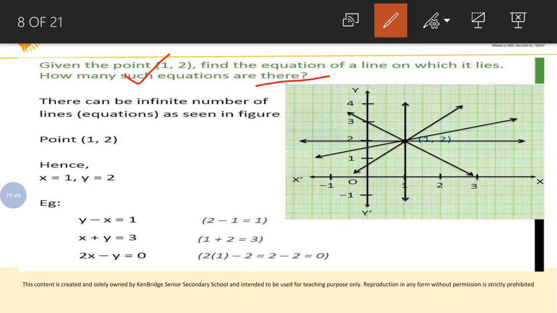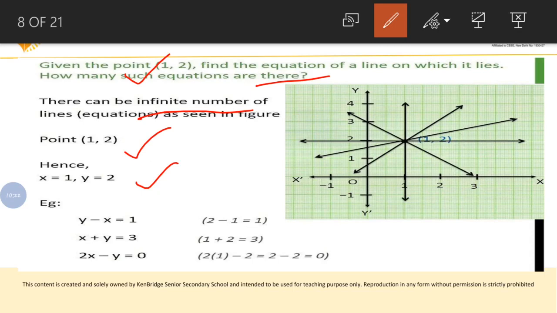So we know that a linear equation in two variables will have infinite solutions. So that has to be written first. So it will have infinite solutions, and we have got the point (1, 2). So this (1, 2) can be written as x is equal to 1 and y is equal to 2. So the basic thing is it should satisfy the condition, right? When it satisfies the condition, we will have that many solutions. We know that it will have an infinite number of solutions. At least any 3 or 4 we will try to find out.